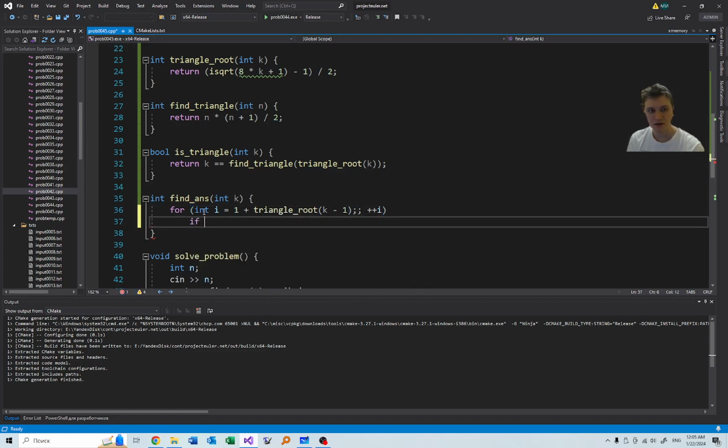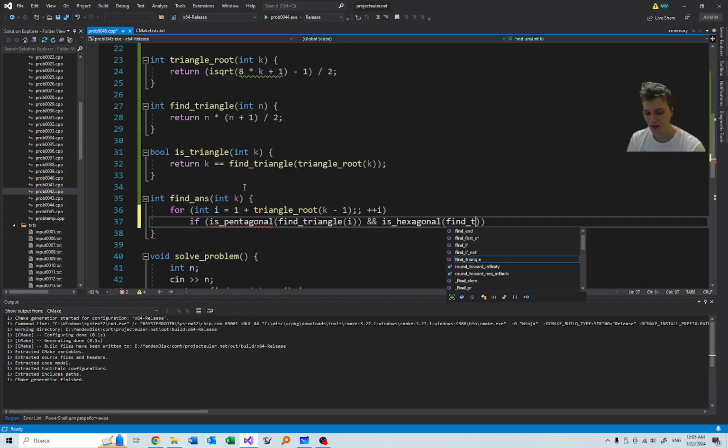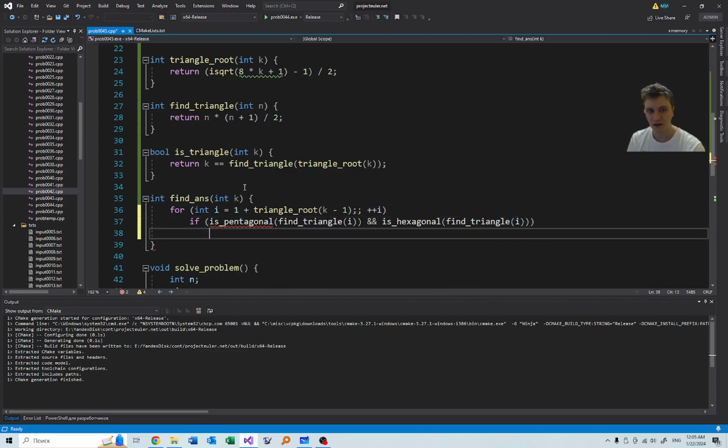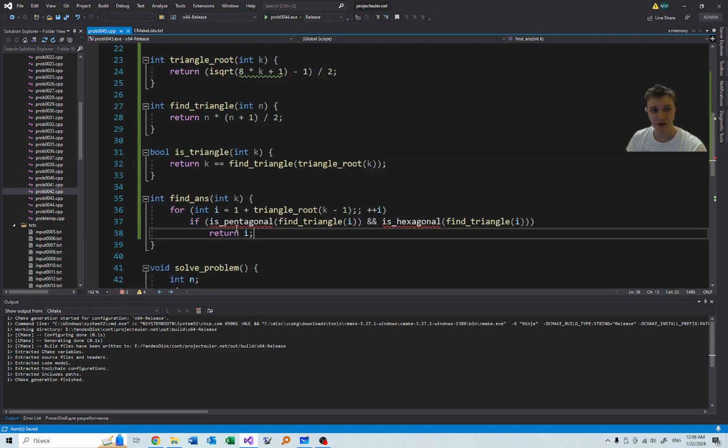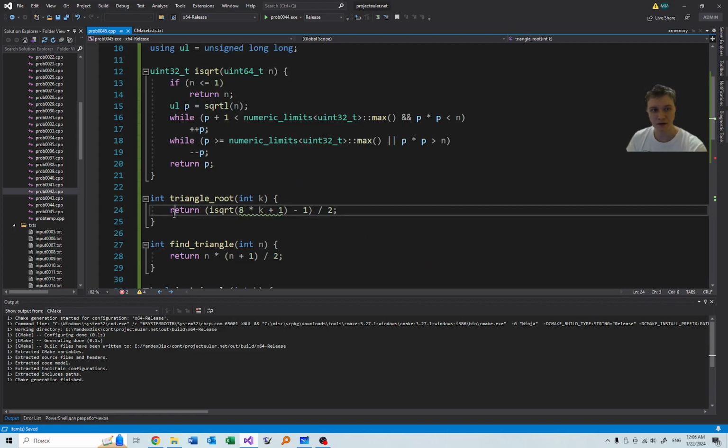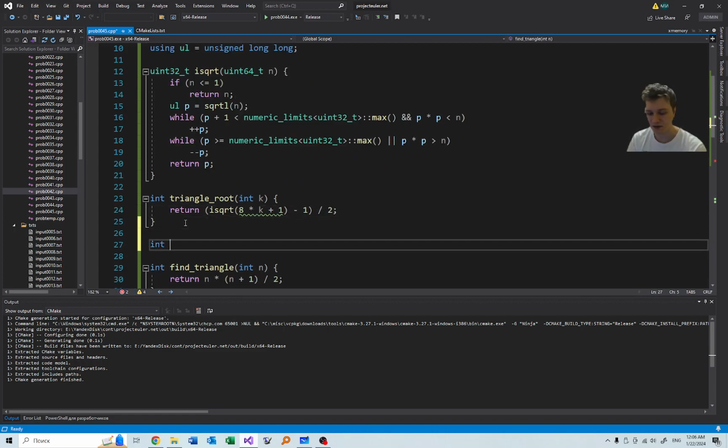Check that is pentagonal of find triangle of I and is hexagonal of find triangle of I, then we return I. That's it. So we need to write these two functions, is pentagonal and is hexagonal. To do that, we also would like to have functions int pentagonal root